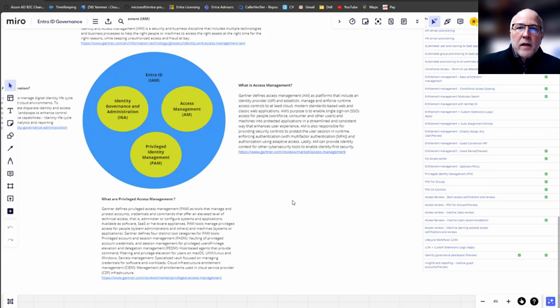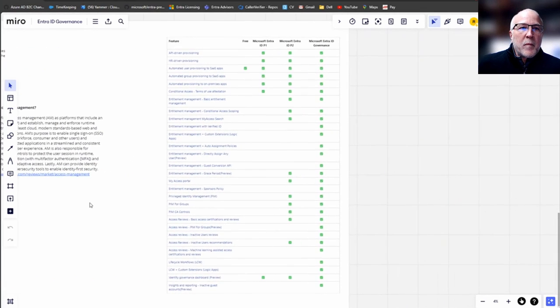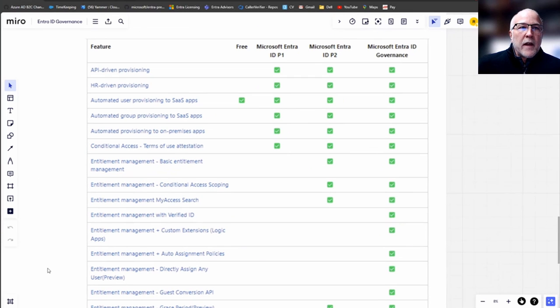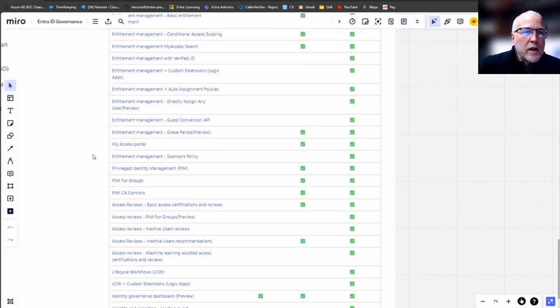Over to the right, which is probably a little bit too hard to read, but I'll zoom in. And this is on a Microsoft public website. But these are the licensing models for the Entra ID features. So we've got all these features and what's available depending on what level of licensing you're bringing to the table. And I wanted to zoom in here on